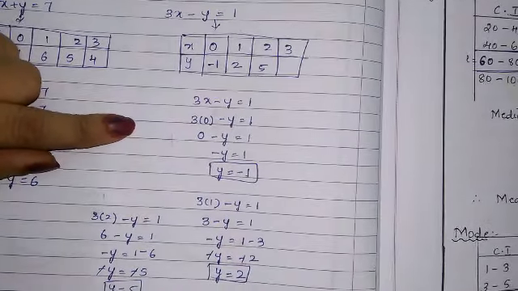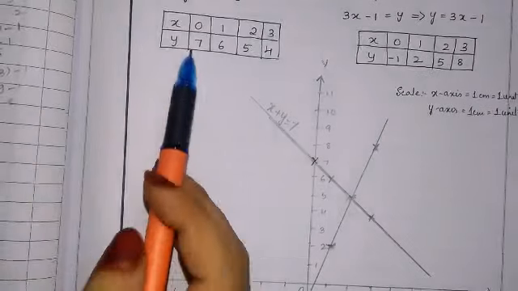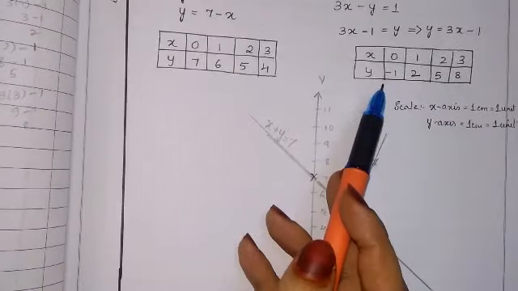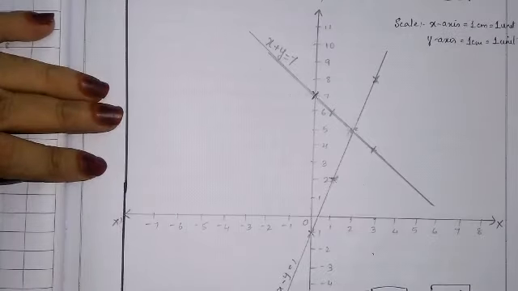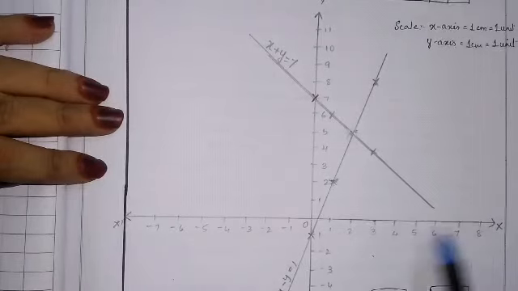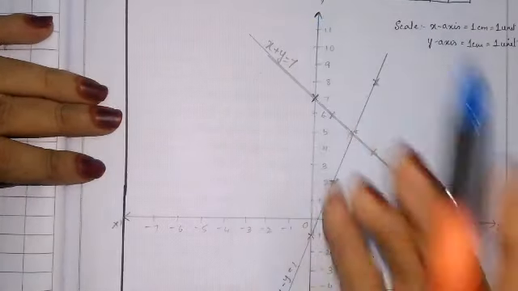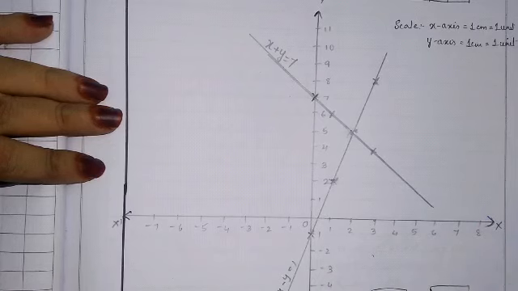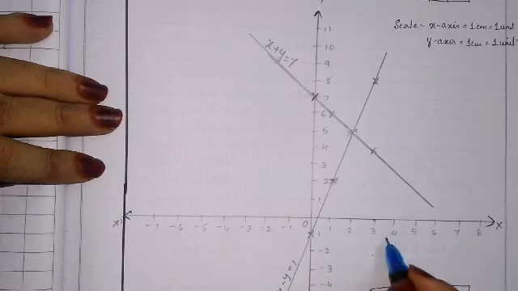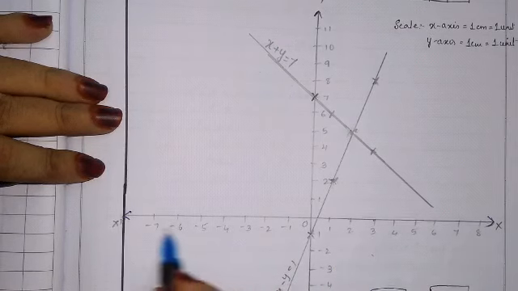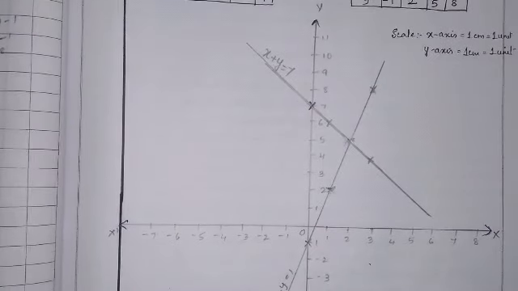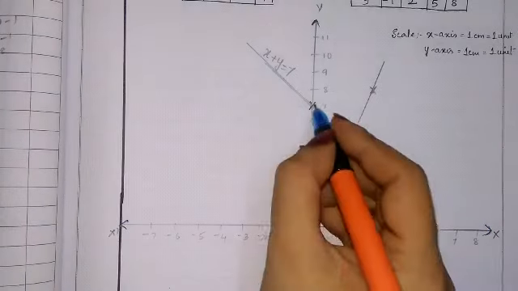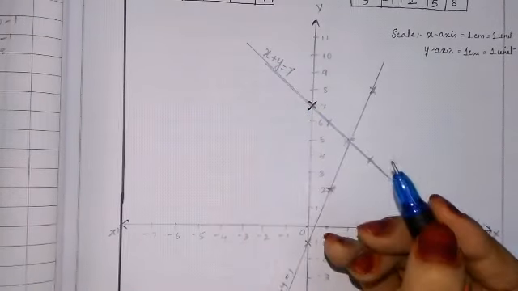How will we plot now? See, we have got the values like this. Just now I have solved and shown you. So how will we plot here? X-axis, Y-axis. Right now I don't have graph paper here, so I have done it here only. This is the X-axis 1, 2, 3, 4, 5, 6, 7, 8, and here negative numbers, above positive numbers and below negative numbers. 0. X is 0, Y is 7. This is the first marking.